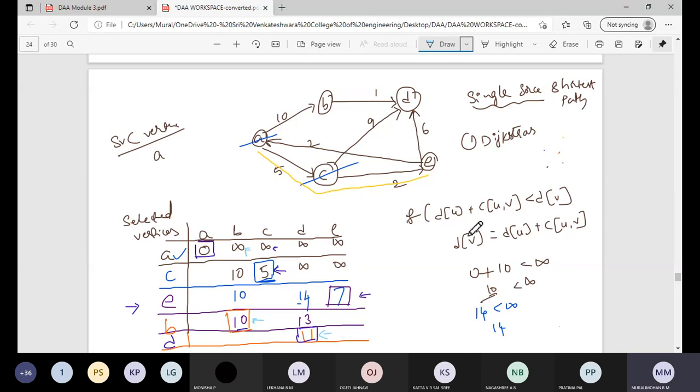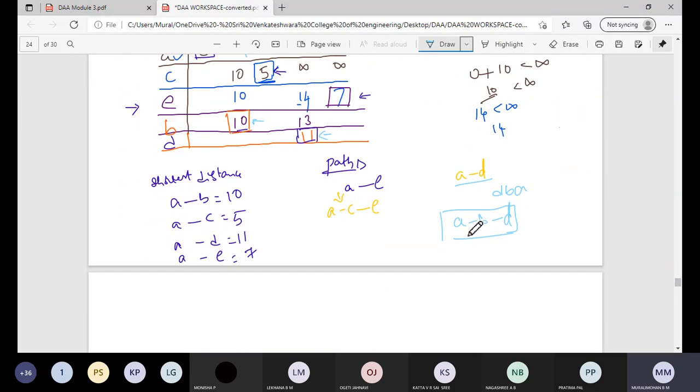Yes, sir. Okay. So this is how we can write a path in Dijkstra's algorithm. Is it clear? In the examination, if it is asked, you should write both the shortest distances from the source vertex to all the remaining vertices, as well as the paths also. Similarly, you write the path from A to C and A to E also. Is it clear? Okay, you just try to write this one.